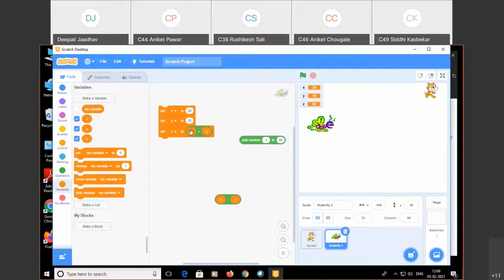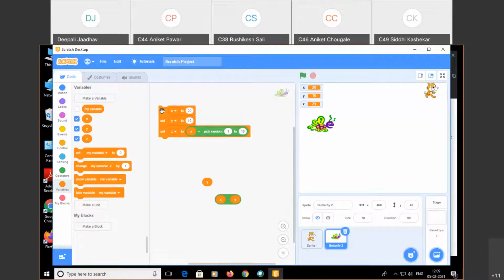Now instead of y, I want to take any random number from 1 to 10 and add it to the value x. What is x? 20, and it picks randomly any number from 1 to 10. So execute it. What happens? 20, 10, 23 means the number considered here is 3.